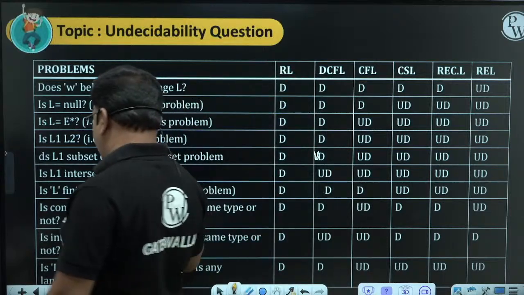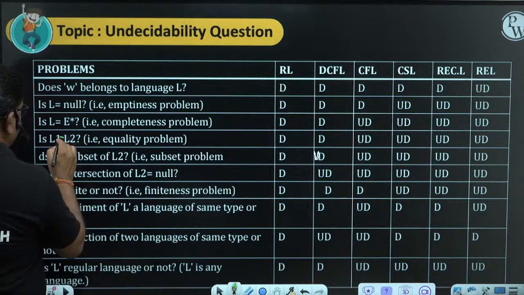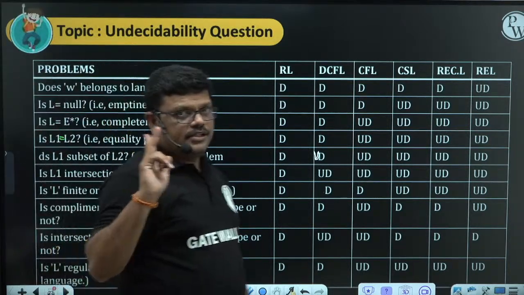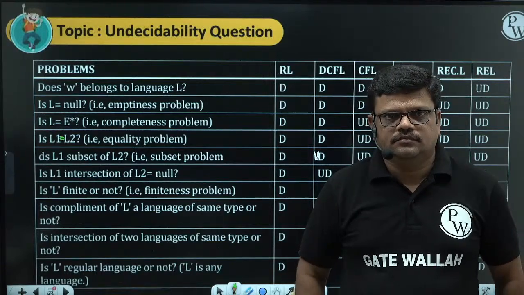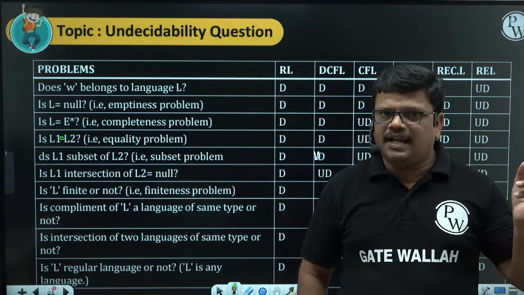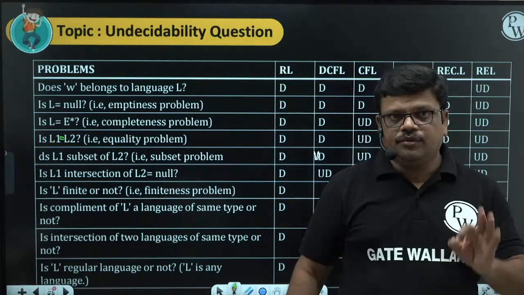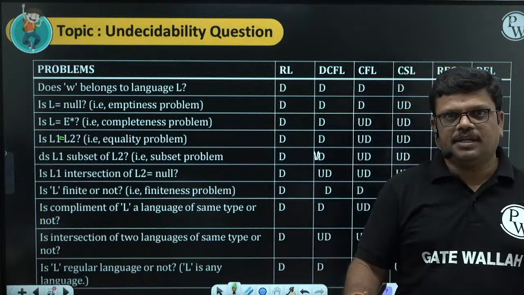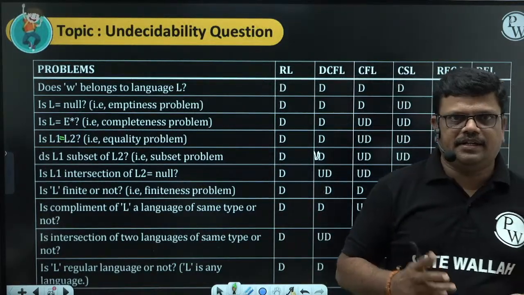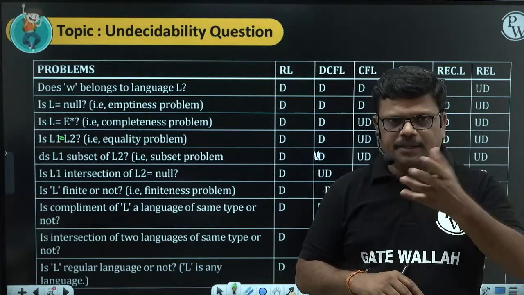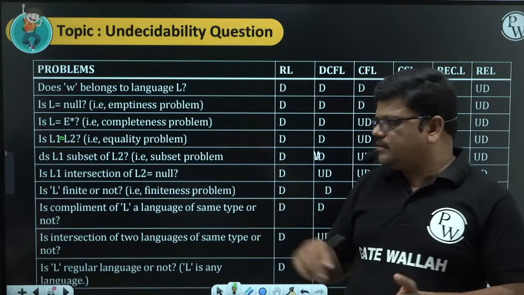This is also a very, very important table after our formal language table. Why I am showing this table directly is, these two tables will definitely give you 2 marks in the GATE exam. These two tables, the formal language table and this decidability and undecidability table, definitely give you 2 marks, sometimes if you are lucky 3, maximum 4 marks also. There are so many papers; observe in previous papers, direct questions from these tables.